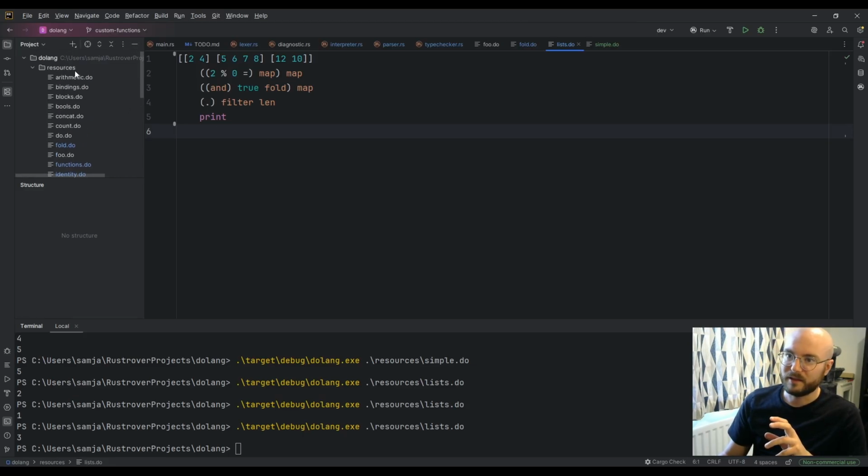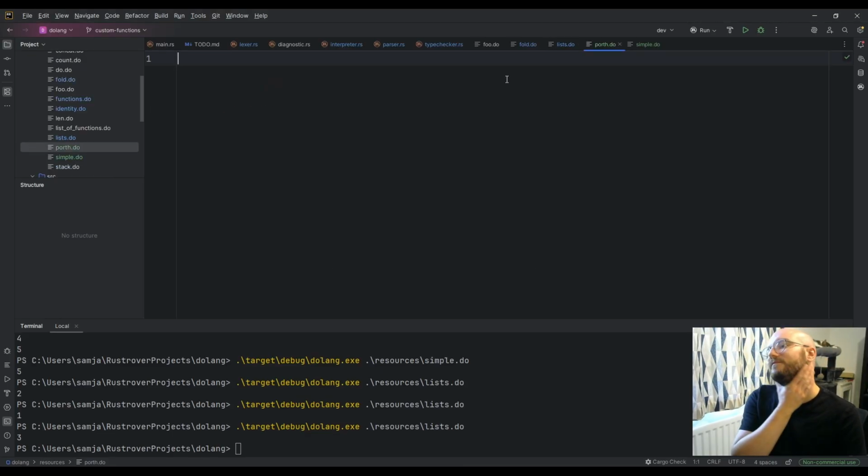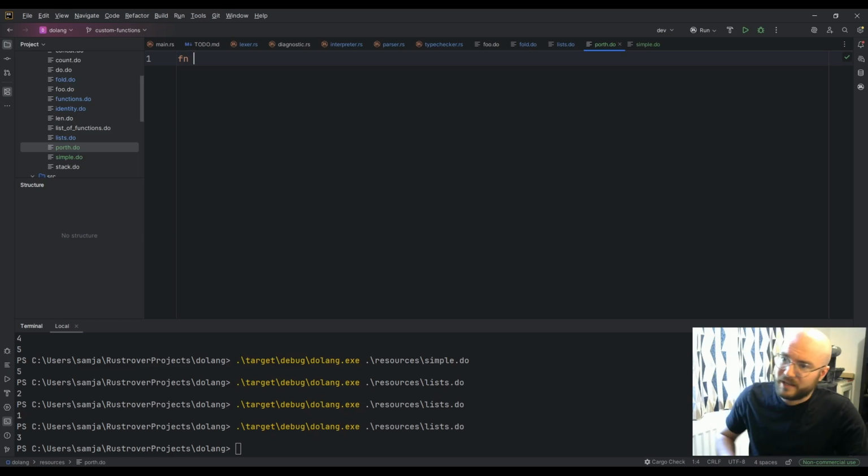And if I make a file and I just call it porthdo, I can't remember the exact syntax of Porth, so this might not be valid Porth code, but this is essentially how it worked. You would have some function. I'm pretty sure it didn't have the fn keyword, but this is how I'm going to do it.